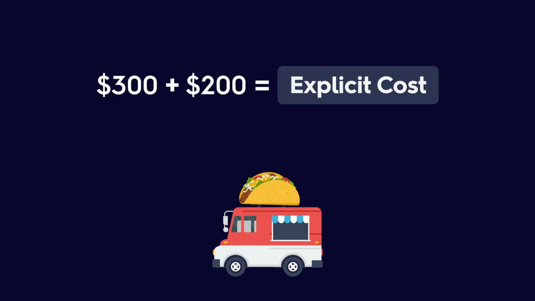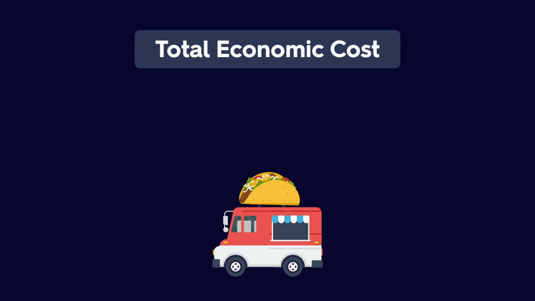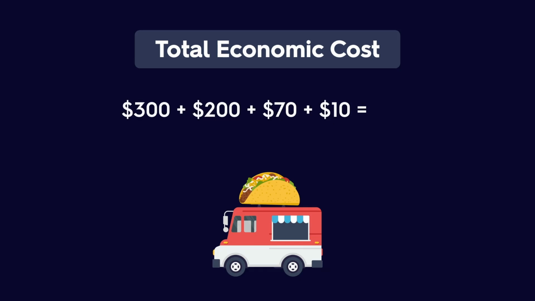Let's work through an example. You start a weekend taco truck. You pay $300 for a permit and $200 for ingredients. These are explicit costs. You also skip 5 hours at your campus job that pays $14 an hour, giving up $70. You use your own cooler that could be rented for $10. These are implicit costs. Total economic cost is 300 plus 200 plus 70 plus 10, which equals